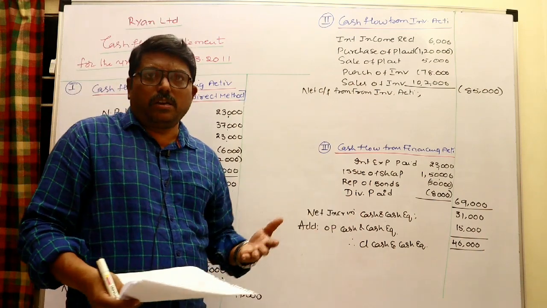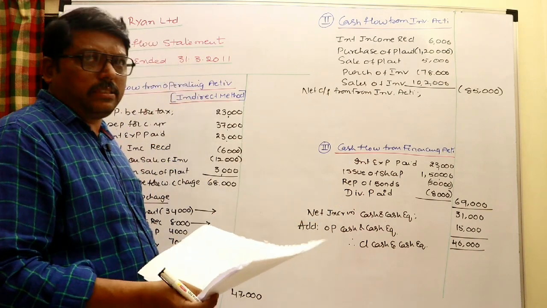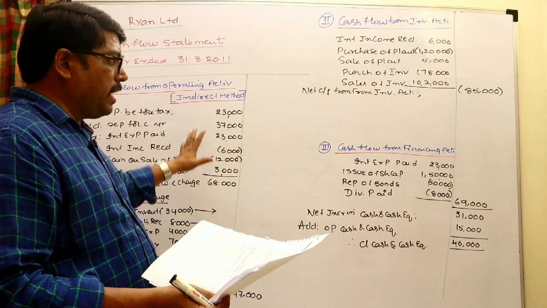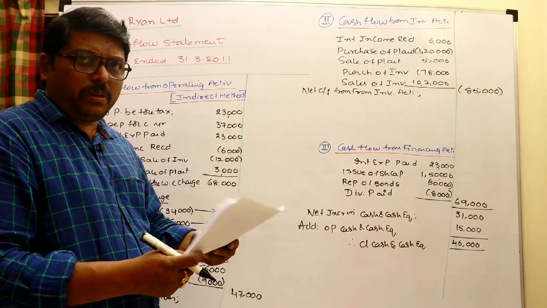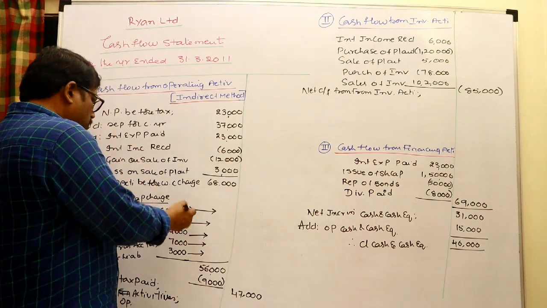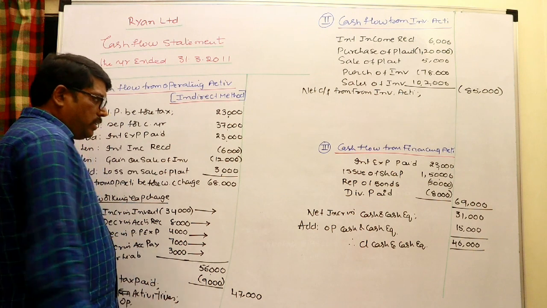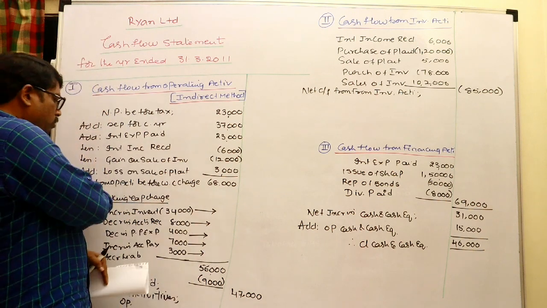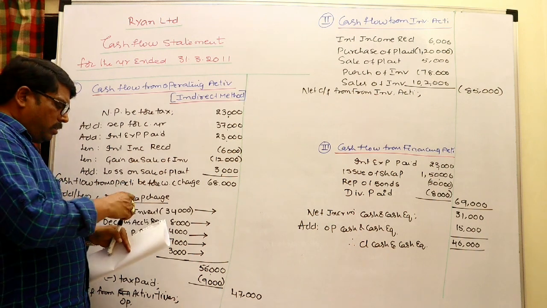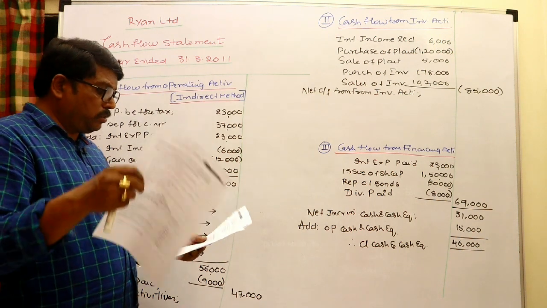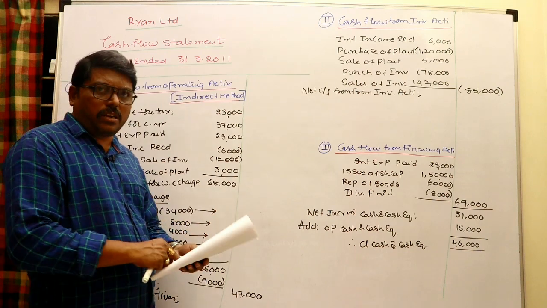Normally we can check whether the problem is correctly done through the balance sheet. The net cash inflow or outflow of all these three activities, added to the opening cash equivalents, should give the closing cash equivalents. You may write the net amount here, otherwise you can take these items directly. Anyway you solve it, no problem, but working capital change should be adjusted there. This is the way to solve this particular problem. Here the problem which we solved is illustration 6. We can discuss illustration 7 in the next class. Okay, bye.